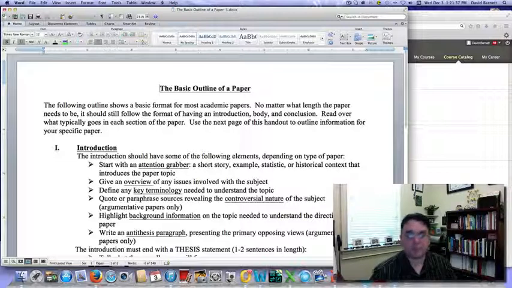So let's say your topic is going to be on, we'll just throw out sexual harassment because that's something we just recently did in the journal. So you've decided to do your paper on sexual harassment. You're going to start with an introduction here. That's something that brings together an attention grabber, a story. Several of you told me stories in the journal about things that had happened in relationship to sexual harassment, for example. You could have an attention grabber, start with that, and then give an overview of your research.